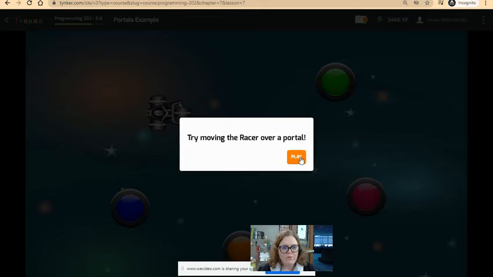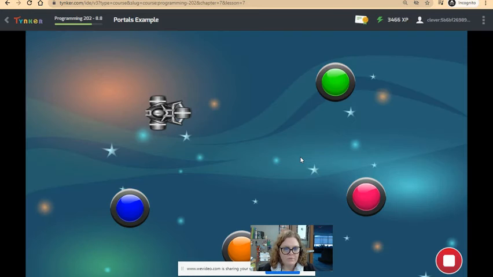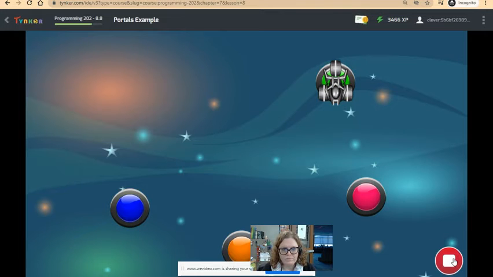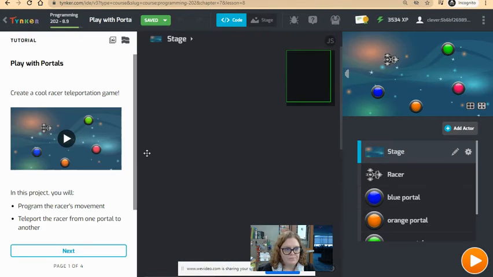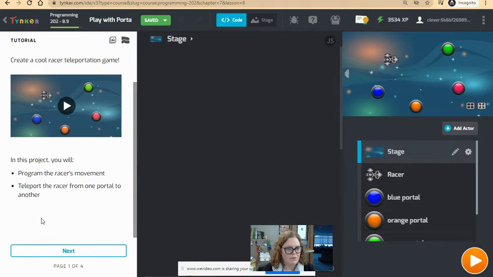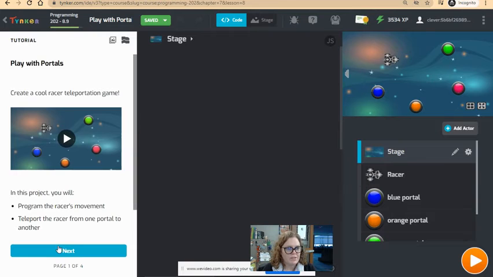We're going to try moving the eraser over a portal. So watch this. I'm going to click on green. He's going to go to orange. Go to blue. He goes to pink. Okay. So we're just going to program this in this project. We're going to program the eraser's movement and teleport the eraser from one portal to another. Now,